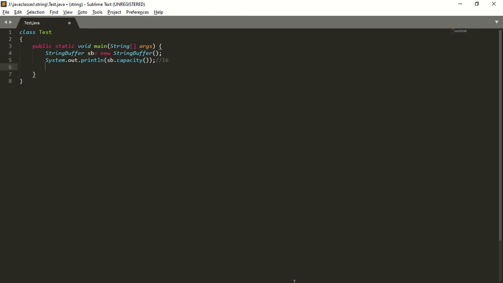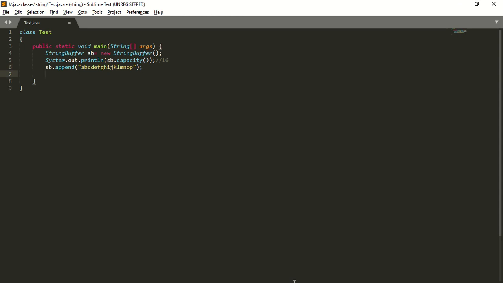Next, I will insert some strings into the StringBuffer. So sb.append, I will insert A B C D E F G H I J K L M N O P. What is the length of this StringBuffer? The length of this StringBuffer is 16.